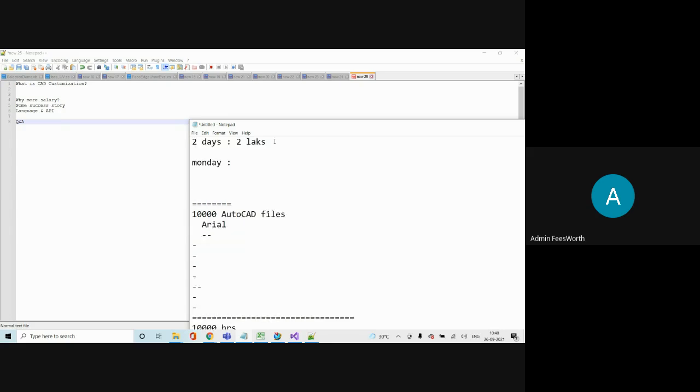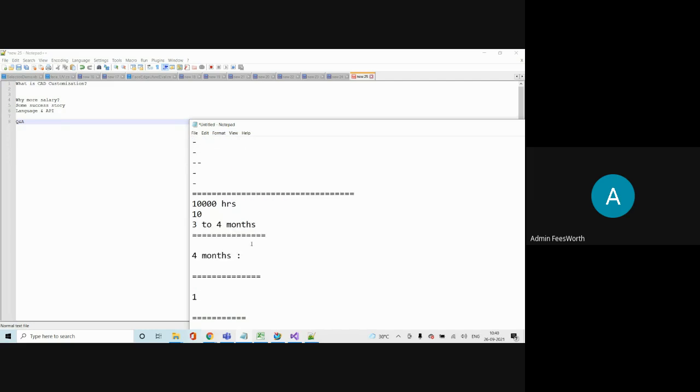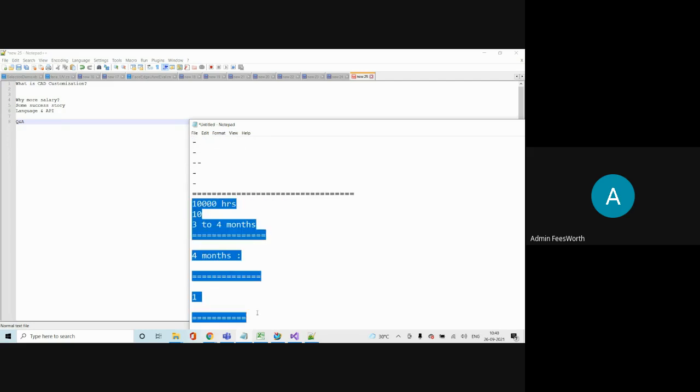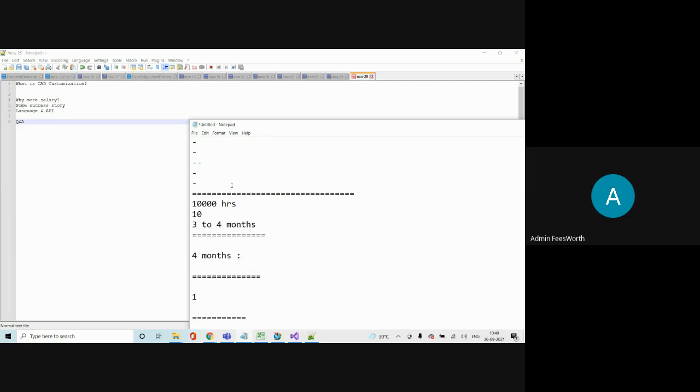So do you think they will be happy to pay 2 lakhs for me? They will be delighted to pay 2 lakh rupees. Because here they are spending much more money, too much time, they can't deliver. If they have 100 clients, how many people they hire? 100 people you hire for 6 months and pay 100 people salary, office space, rent, recruitment charge, HR, payroll, accounts, all this nonsense not required.